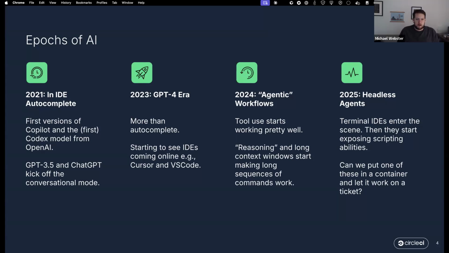And then around 2024, we start to see an increase in what started to be called agentic workflows. So models started to be able to use tools reliably. You could have them execute bash commands. There were prompting strategies that worked to discover, based on context, the appropriate action to take for a given task. You start to see models with reasoning capabilities that could break down ambiguous tasks into step-by-step to-do lists, and you started to see models with enough context windows, where they could actually run for a very long time.